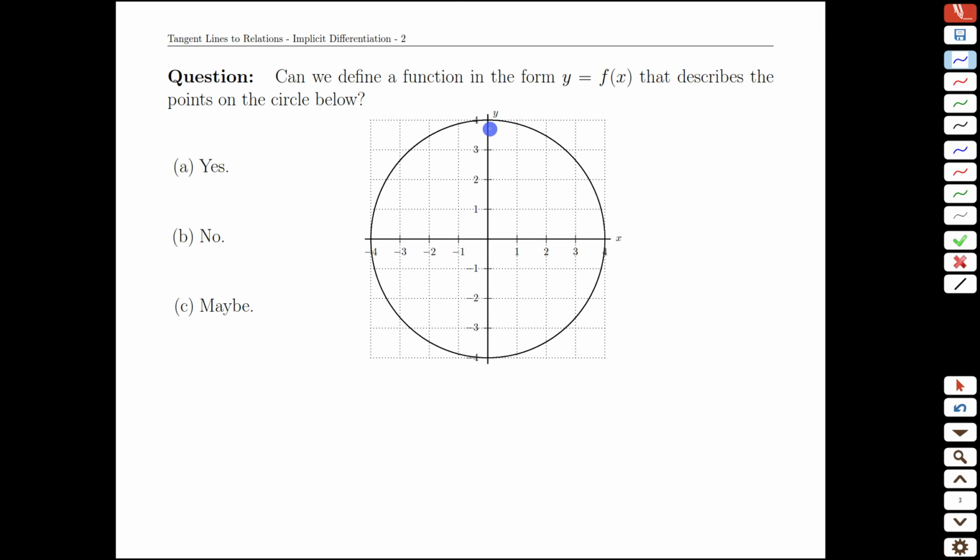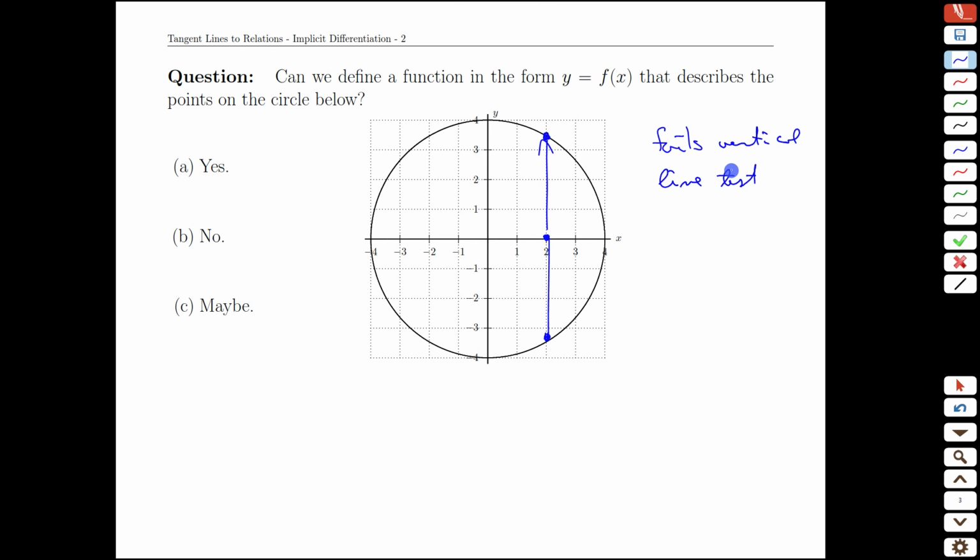With that in mind, let's see how we can tackle some more challenging problems. Here is a classic circle, radius 4 in this case, centered at the origin. And first question, can we define a function of the form y equals f of x that gives us all the points on this circle? Take a moment to think about that and see which of the answers here makes the most sense to you. All right, well, if we look at this and try to imagine it as a function, pick a value like x equals 2, we get a value for y at that point, but we also get another value of y at that same point. Another way to look at this is that this graph fails the vertical line test,